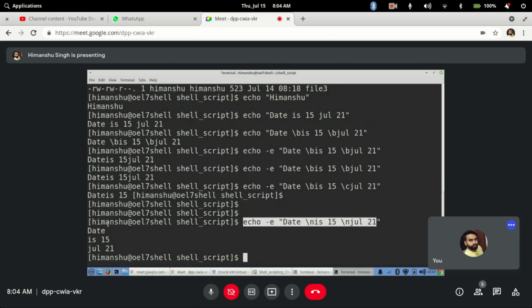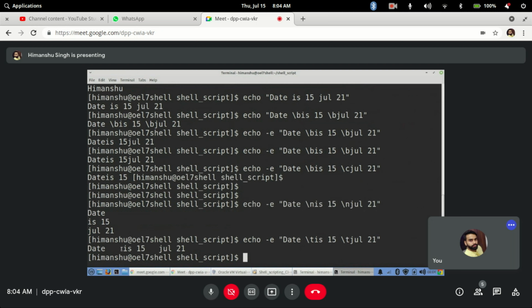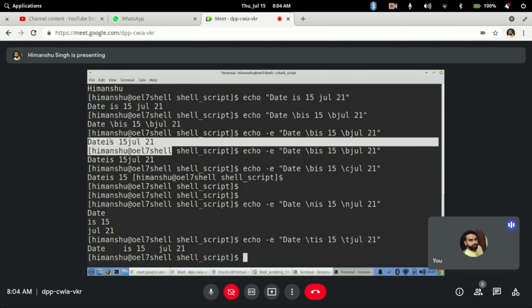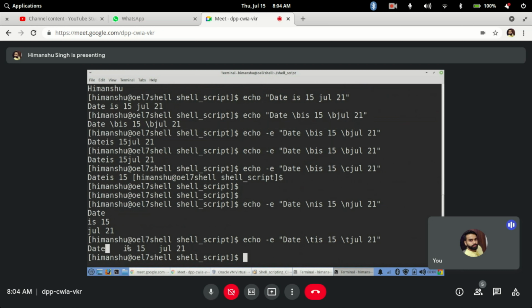Now, along with the same, we have seen \b, \c, \n. Now we have \t. \t is for tab, so it will keep the data tab separated. See, the content will be tab separated between these. Normally, if you are printing, it was just in the same line with a normal space, but here it will actually be tab separated. See, a tab separation is there. Got it?